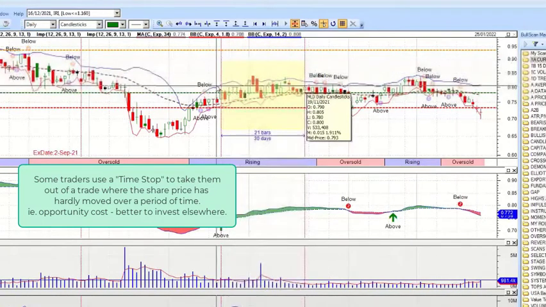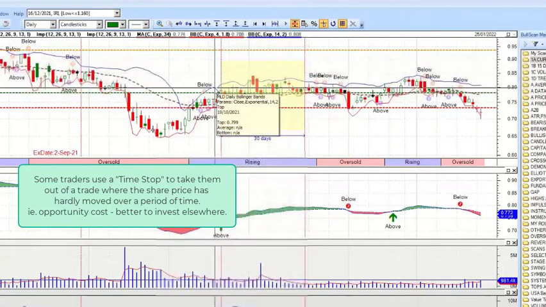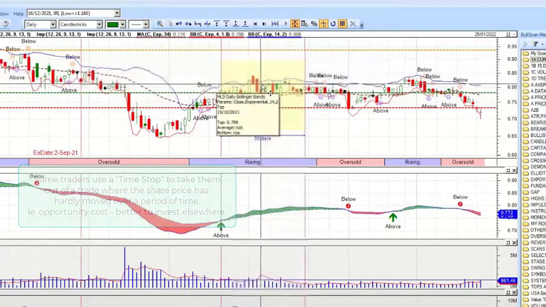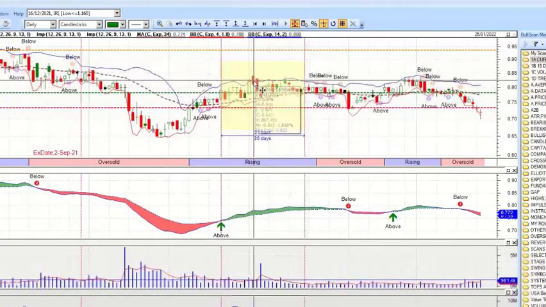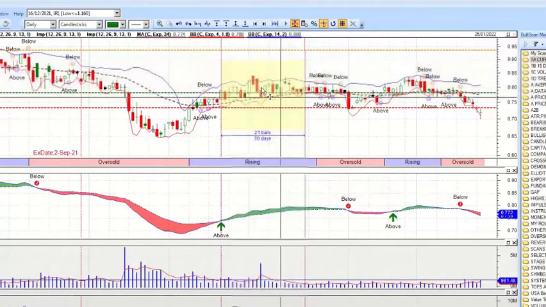Had I been trading this, I know hindsight's nice, but I like to think I would have probably got onto this, particularly with this spike in volume sitting down here, and I might well have pulled out around about that point and thought, well, this one's not going to go the way I want it to go. So it's really not set and forget, but that's just the way I've been using those.